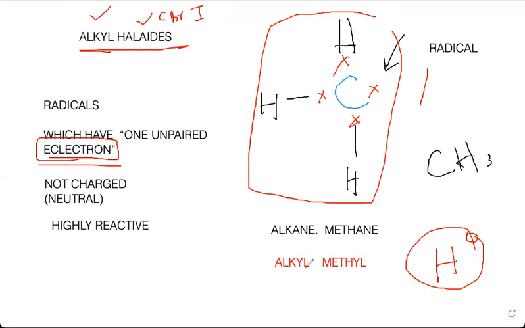But actually, wait. We are making alkyl from alkane. Hydrogen is not alkane, so it will not become any alkyl. The hydrogen and the chlorine alone belong to the inorganic side of chemistry, so we don't have to discuss them in terms of alkyl and alkane. I just gave you the example because we are going to use chlorine as a free radical in free radical substitution reactions. So they are simple free radicals, hydrogen radical, chlorine radical. But here, in organic